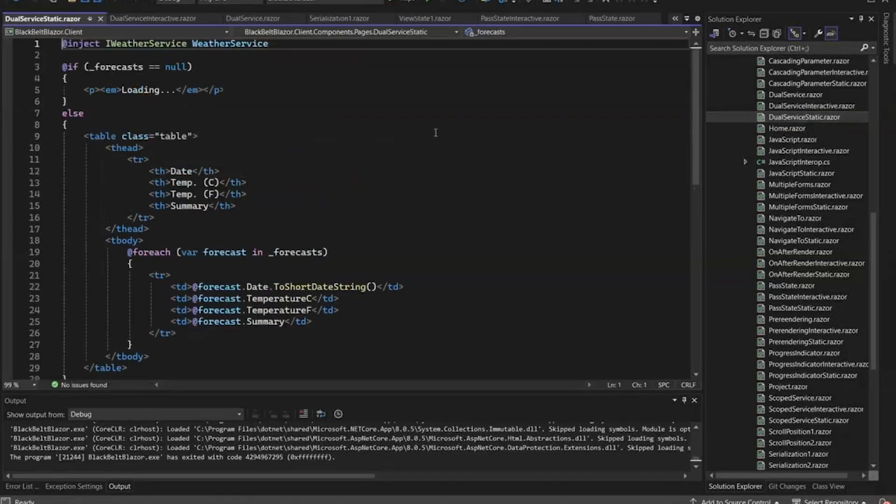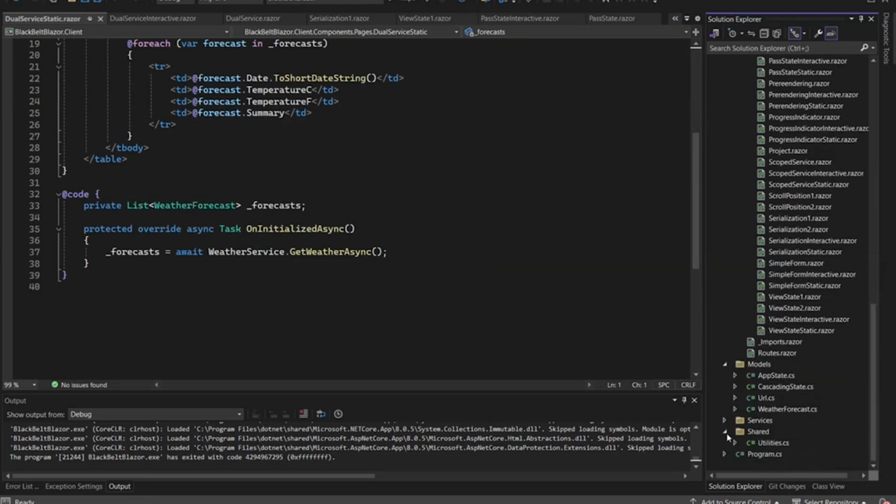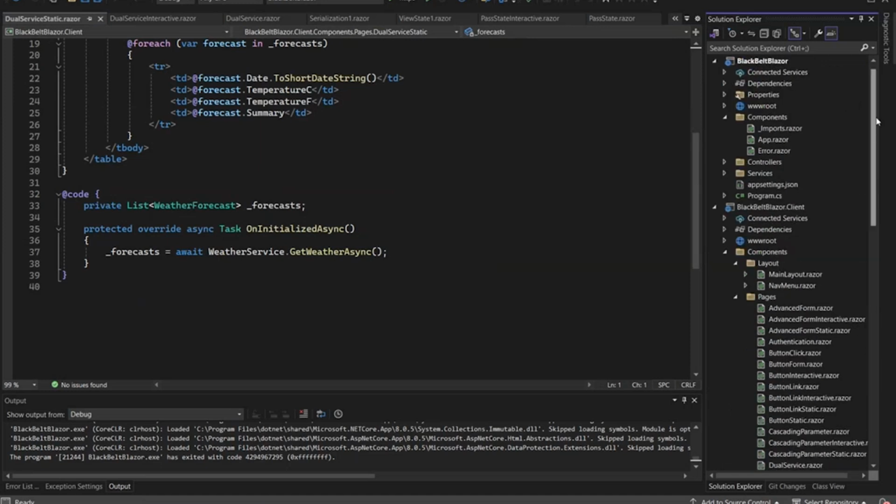Similarly, the dual service static also calls a service. The thing to be aware of with these services, however, is that we have an interface. Okay, so first of all, in my server project,